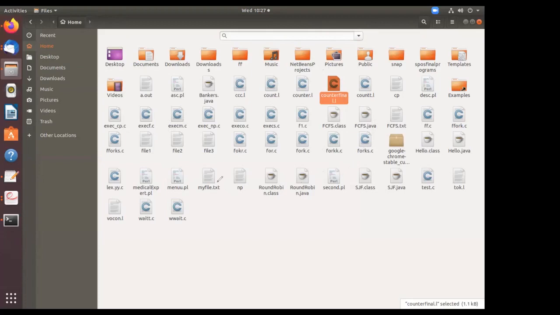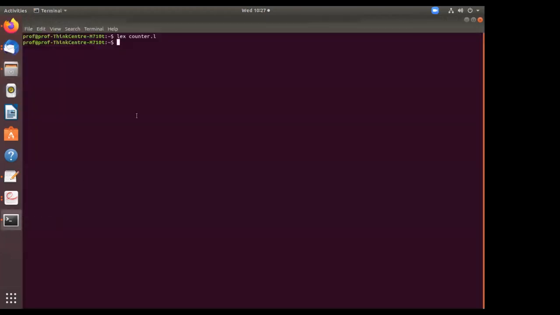Where is it? Is it not generated? Let me compile the program once again.